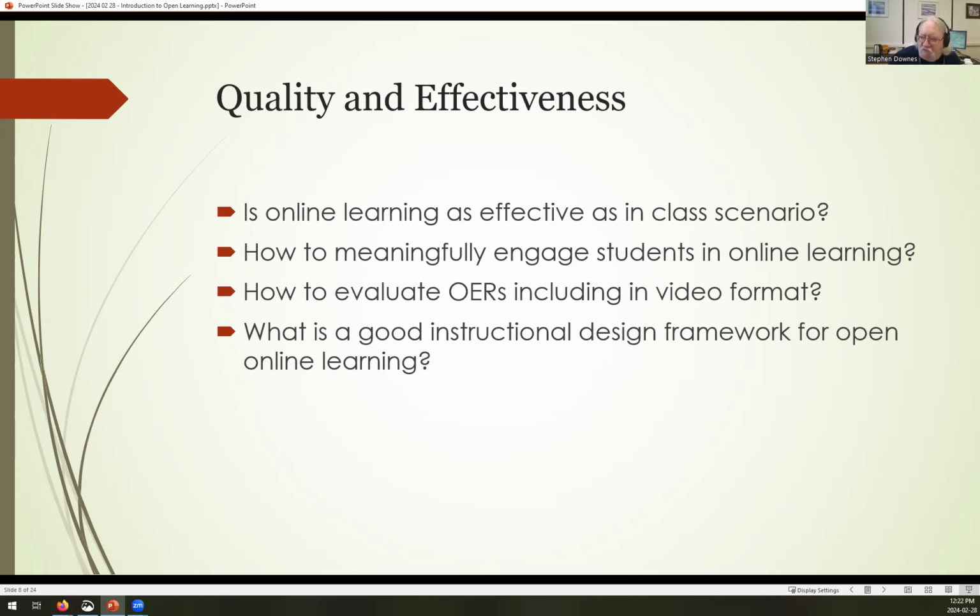What is a good design framework for open learning? Again, it depends on what you're trying to do, right? In this session, I'm just trying to give you an overview, an introduction to open online learning. This is probably a good instructional design way to go. Maybe not the best, but we only have an hour, right? So I could either do something a lot more interactive but focus on something more specific, or I can cover a broad range of topics and be a lot less interactive, but make sure that the resources are there so that you can consult them after.